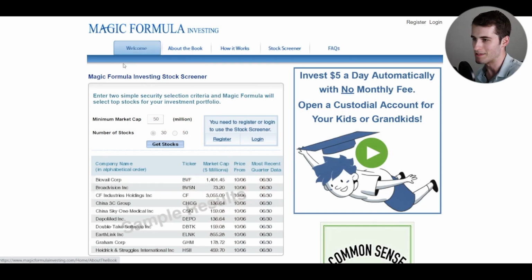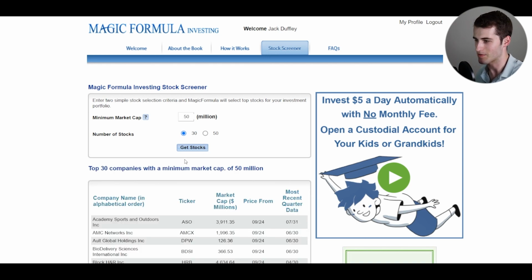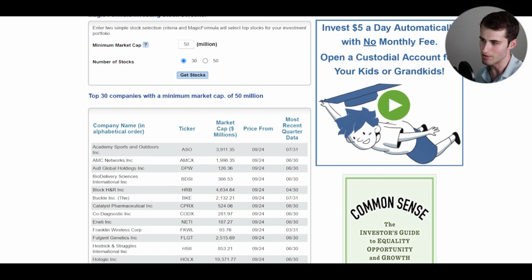So ideally, you're getting the cheapest, best stocks when you look at the Magic Formula Screener, which is actually a free resource that you can look at over on magicformulainvesting.com, which we can see right here. I use it to get my stocks. Once you log in with a free account, you can set your minimum market cap. I use $50 million, and I am doing the top 30 in this sort of index that it creates. So if we hit get stocks, it'll pull up the list, which I've actually moved over into the spreadsheet,